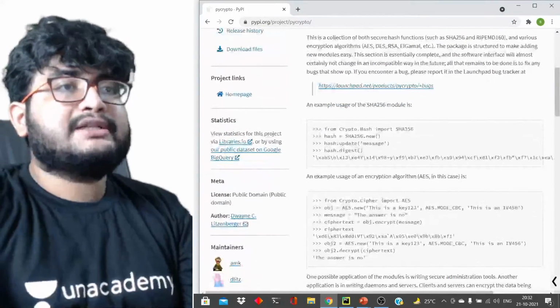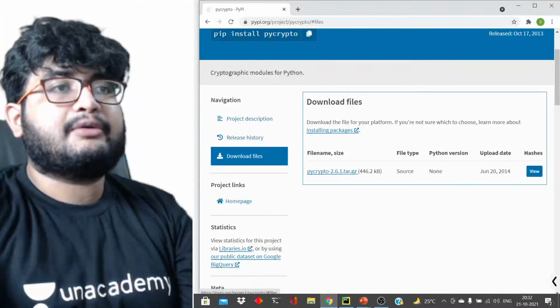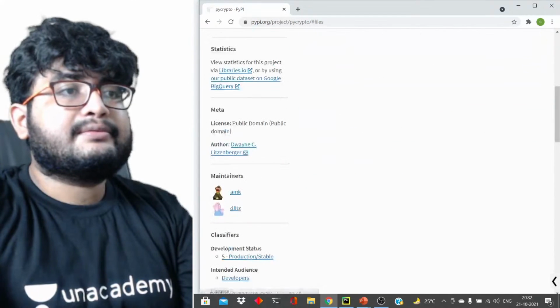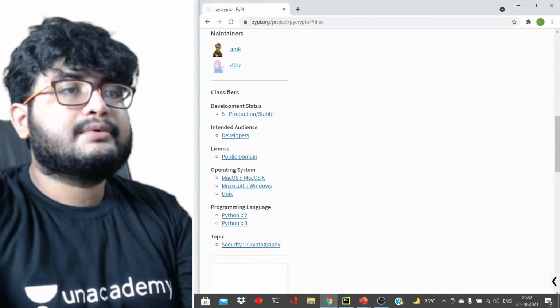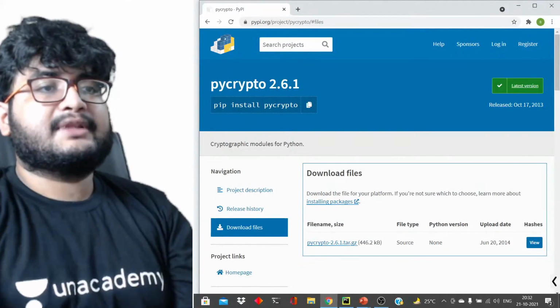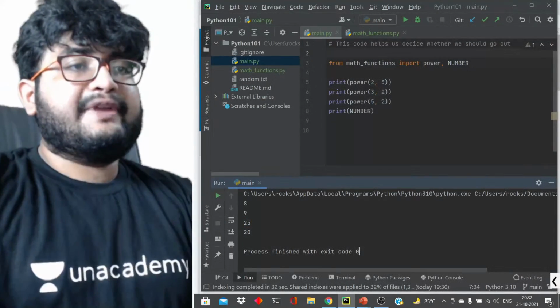So how to install this? We will have some command, obviously. So download by crypto, it is there, and I think we can just install like this. Pip install by crypto. Okay, it is there. By crypto is there. Okay, so we can use like pip.